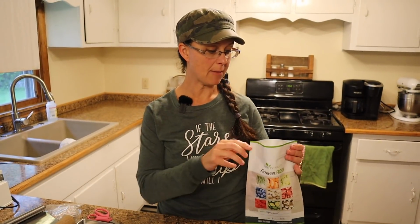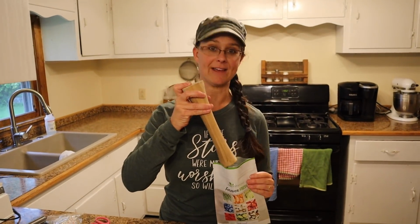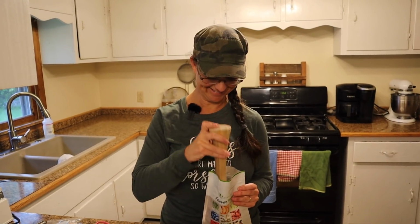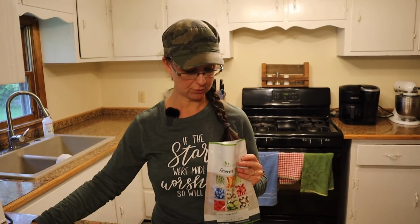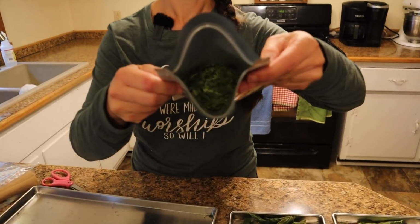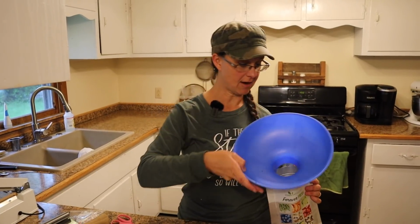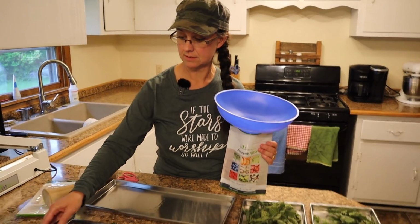Now let me show you how many are in there. That's how full that is. So I was completely wrong. There's no way I could fit a whole second tray in there. I don't know. Now that I did that, you guys look. Look how much room is left in there. So I'm gonna go for it. I'm not gonna waste that space in there. I'm gonna put the rest of these spearmint leaves in that